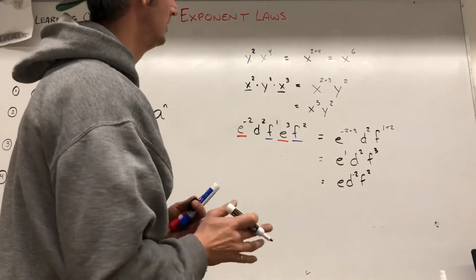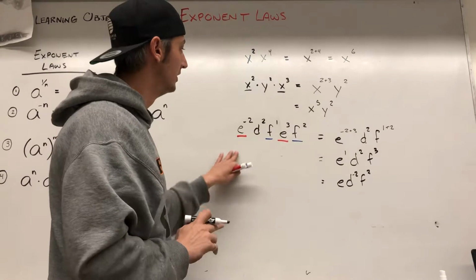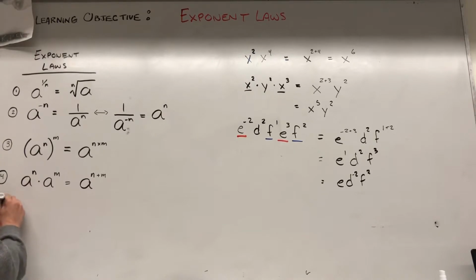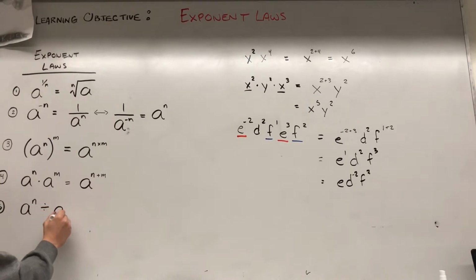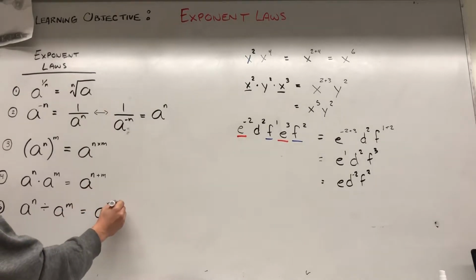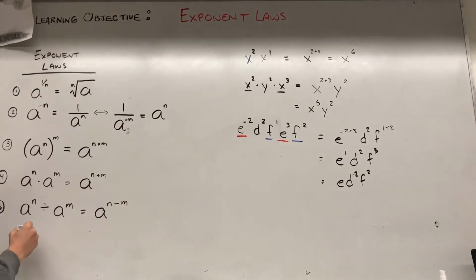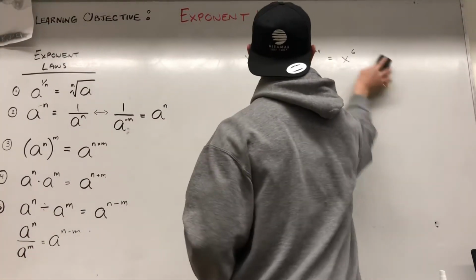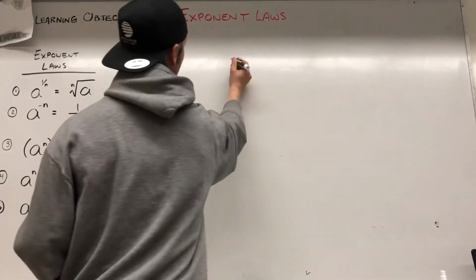Okay, so that's the product law, and then its sister, brother, is the quotient law. So a to the n divided by a to the m is equal to a to the n minus m. This can be written as a to the n divided by a to the m. We can show division two different ways. A to the n minus m. All that means is that if I have a variable showing up on both sides of the